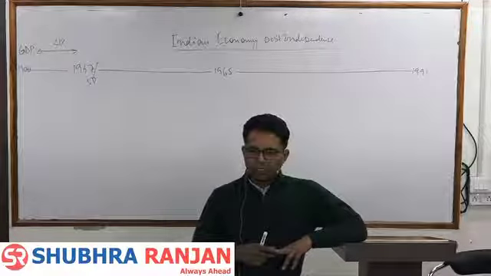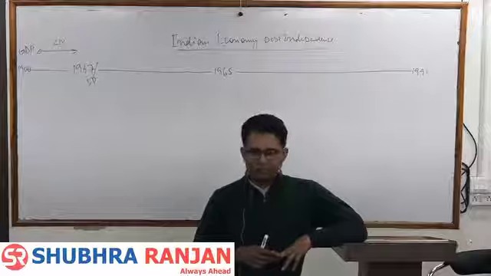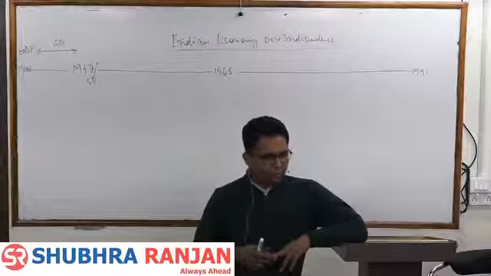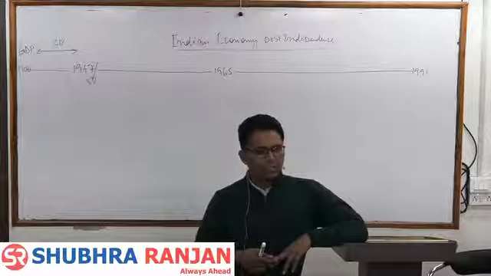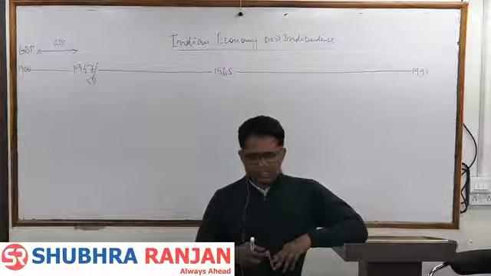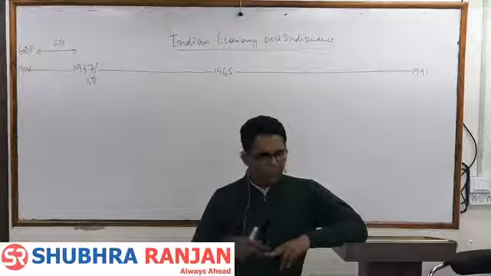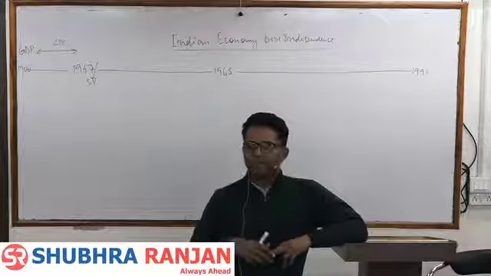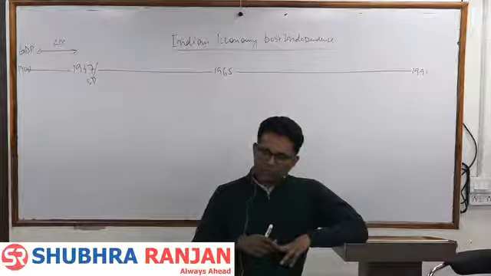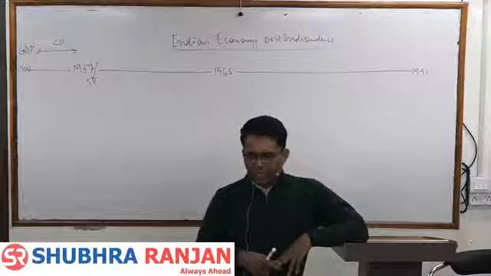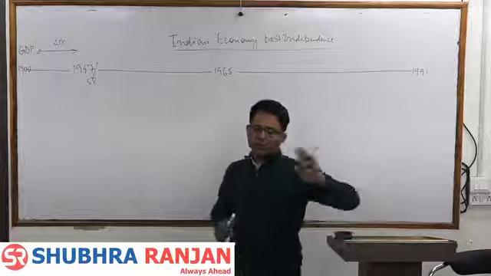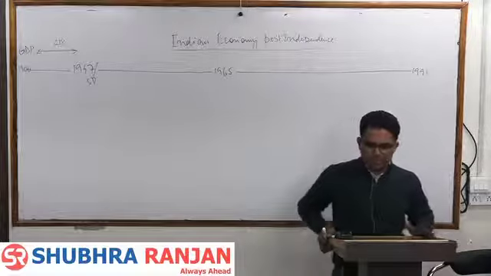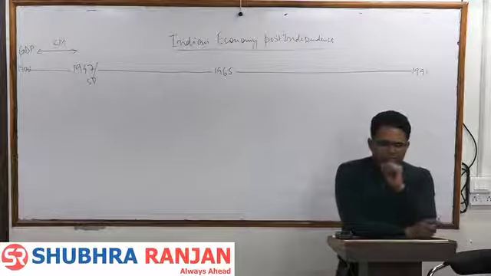So when we got independence, there was a problem of consumption goods also, agricultural goods plus other consumable items. We were producing less items. And we were producing capital goods also very less, so we were importing capital goods. And consumption level, we were surviving on a very low level of consumption. So there was a problem on both consumption goods and capital goods. And we had a huge number of labor and less financial resources. This is the background at independence.